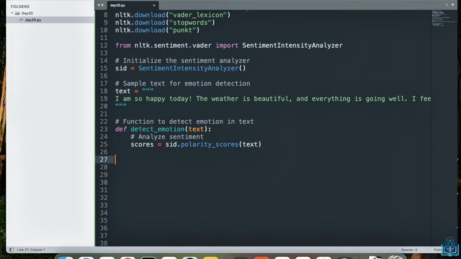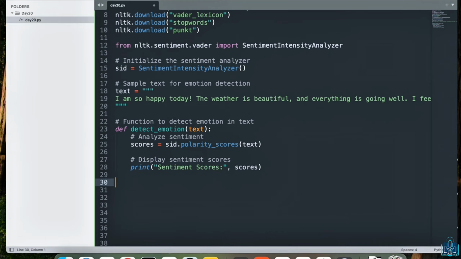Now this returns a dictionary of sentiment scores for the text, including pos, the positive sentiment score, neu, the neutral sentiment score, neg, the negative sentiment score, and compound, which is the overall sentiment score ranging from -1, very negative, to +1, very positive. So let's go ahead and print these sentiment scores so we can check them out.